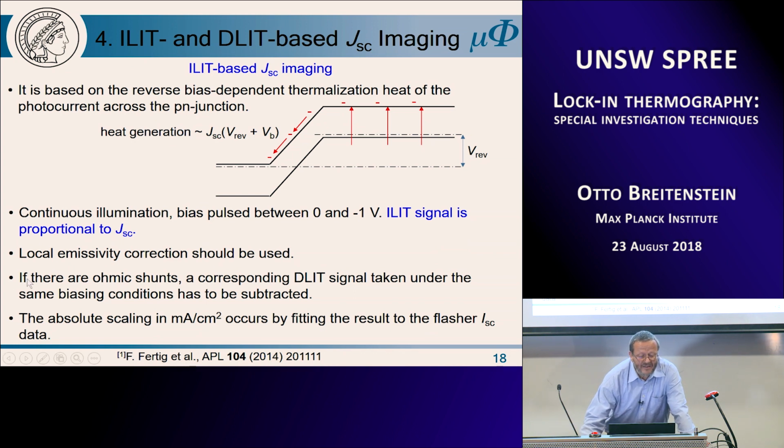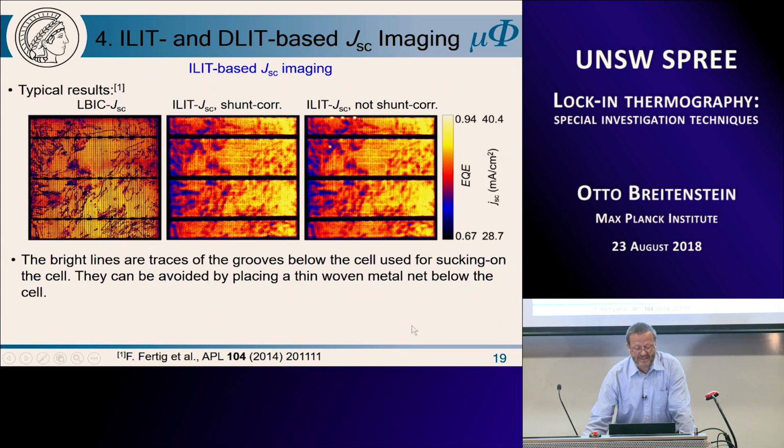It must be said that local emissivity correction should be used, as the authors claim. And if there are ohmic shunts, a corresponding dark lock-in thermography signal taken under the same biasing conditions has to be subtracted. And then we get a signal which is at least proportional to JSC. And the absolute scaling occurs finally by fitting the result to Fleischer ISC data,